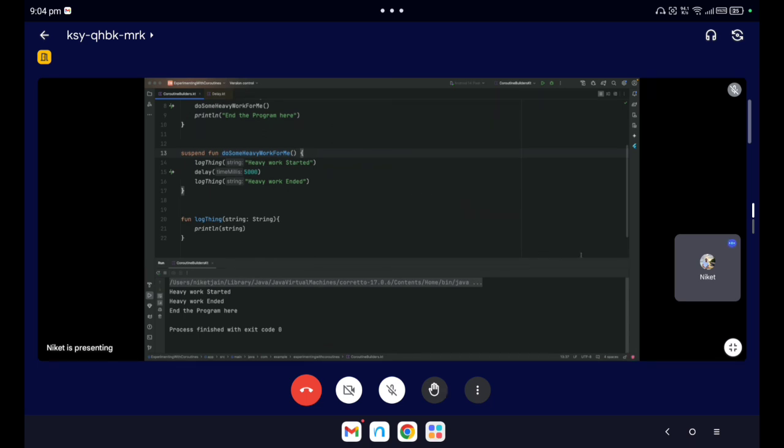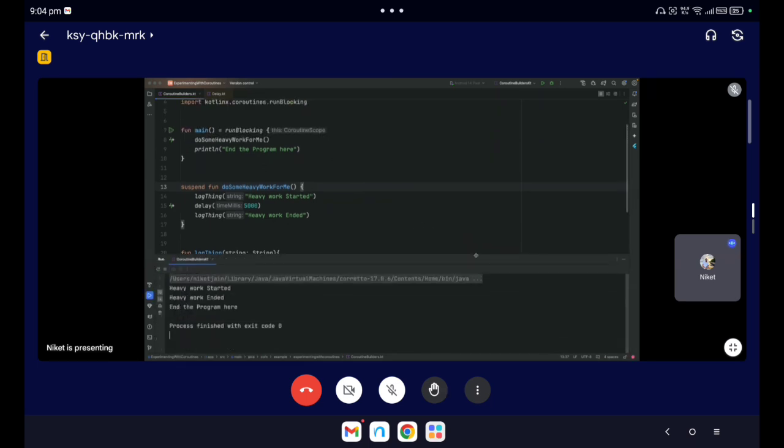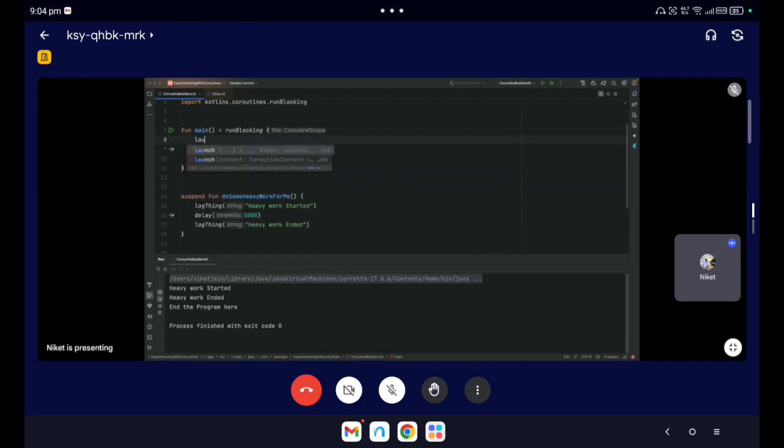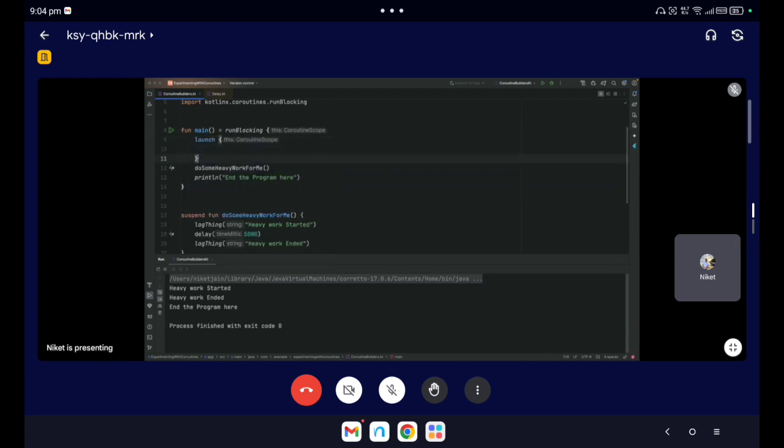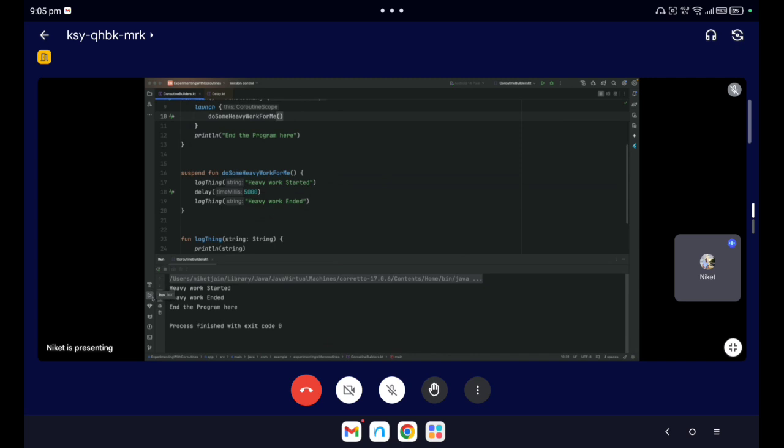Okay, let's say now I want to do some more operations after a thing has been suspended, instead of blocking. Inside runBlocking, what I'm gonna do, I'm gonna create a launch. I'm gonna launch a new coroutine. Okay, and if I execute it now,